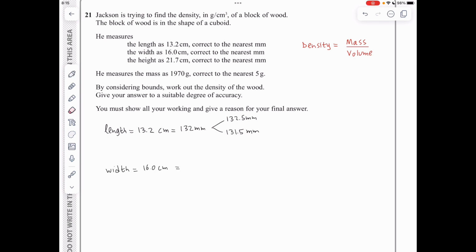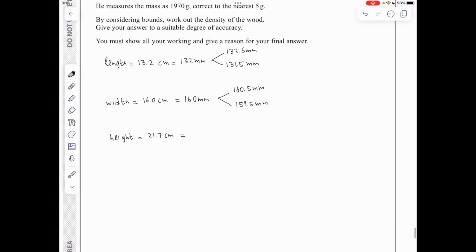Similarly, for the width, we've got 16.0 centimeters, which is 160 millimeters, and therefore the upper bound is 160.5 millimeters and the lower bound is 159.5 millimeters. And then we've got the height. The height is 21.7 centimeters, which is 217 millimeters, and therefore the upper bound is 217.5 millimeters and the lower bound is